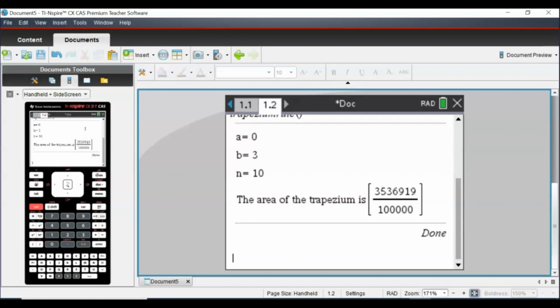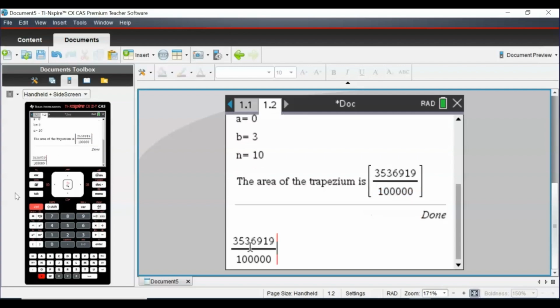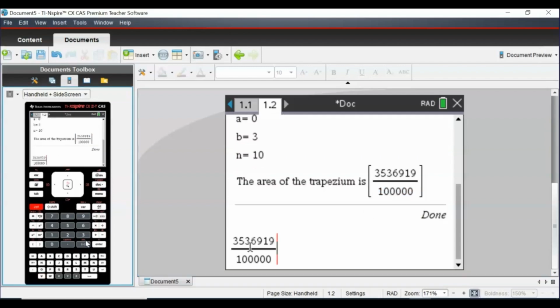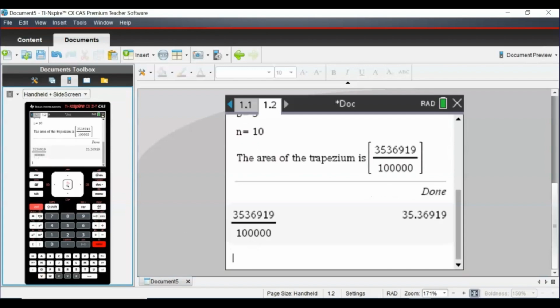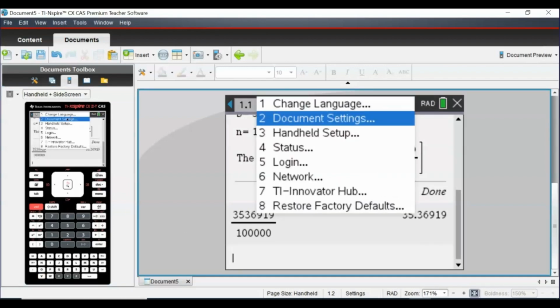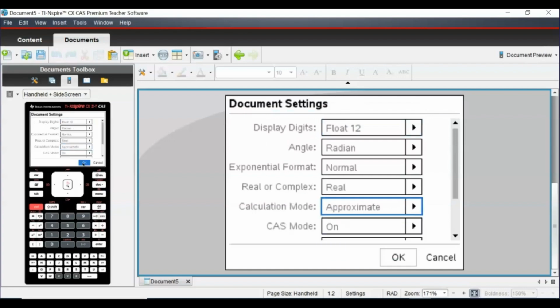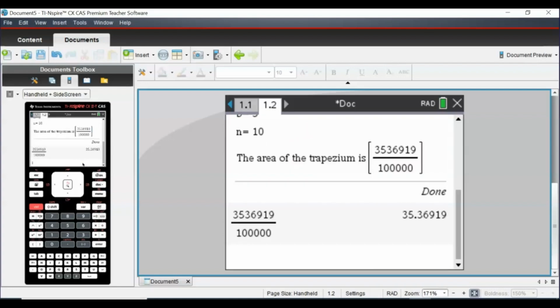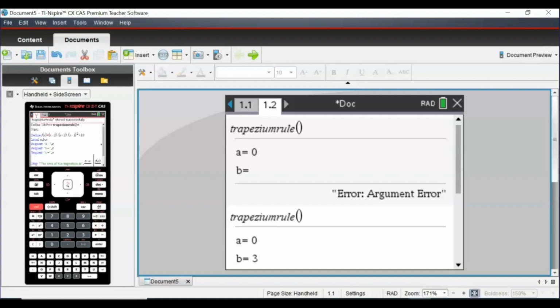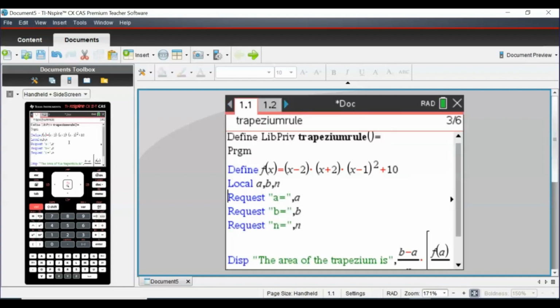There we go. If you want to make it a decimal, you can change the setting, and you can just press Ctrl Enter if you want. That is as a decimal, or you can change it from the setting rather than exact. But do not change to a decimal unless the question asks to do so. So this is the trapezium rule